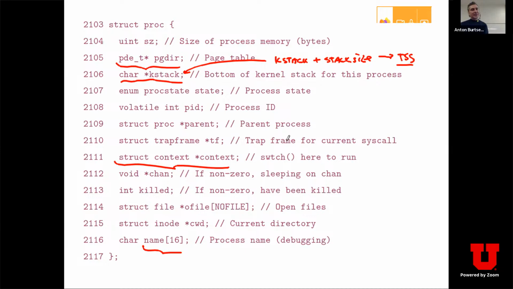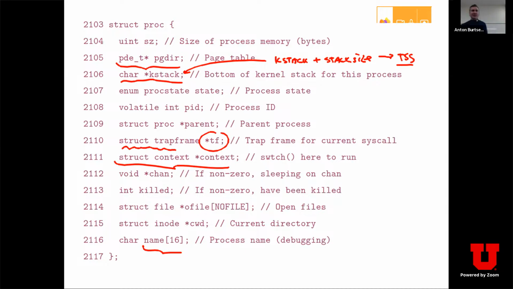Remember, it will have a trap frame, and this is to access arguments passed from the system calls, values of user registers, and locations of user registers, which are saved on the stack, so that later on you can